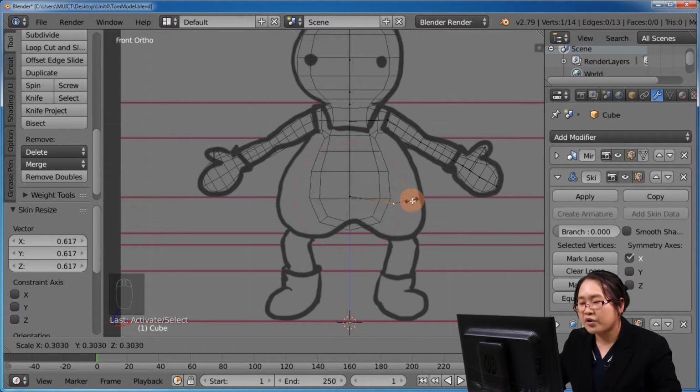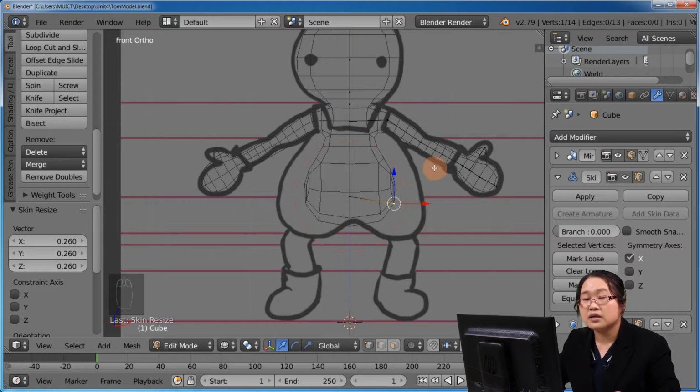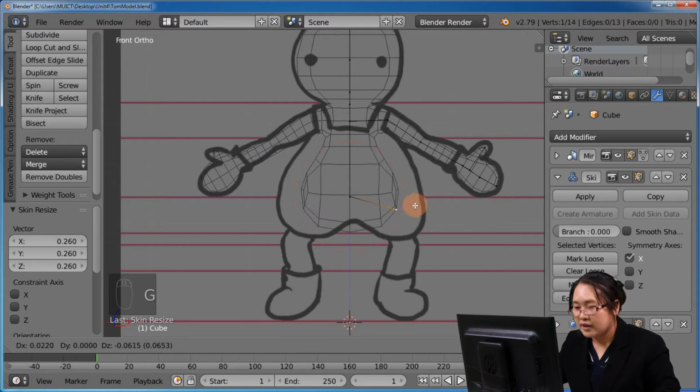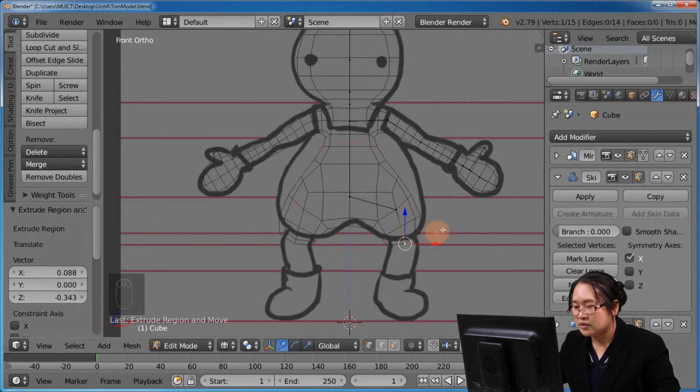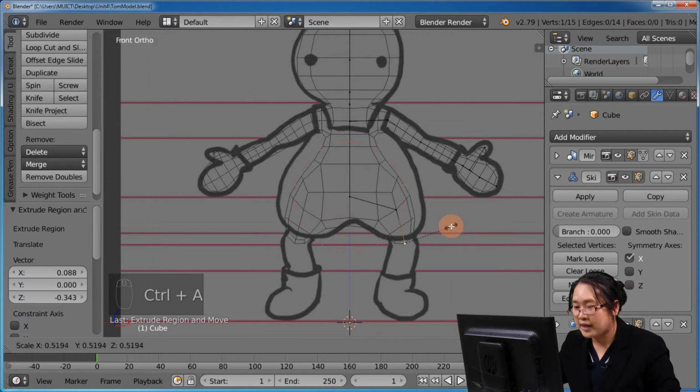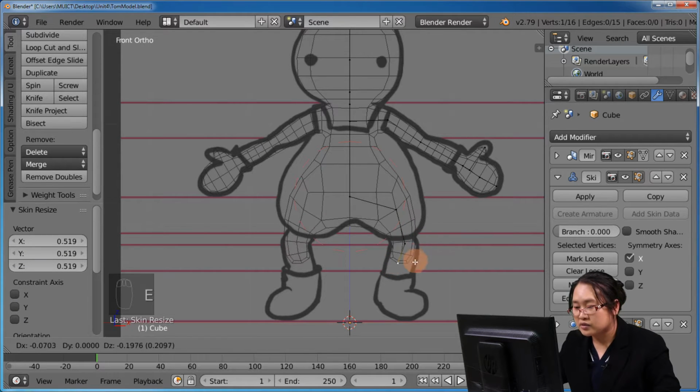I would say for this model, the hardest part is not the arm or foot, but the center of the body, around the belly. So I will skip scaling this one first. Let's try to extrude the whole model first. So now I'm here, and then I extrude. Let's say I would like to go to the knee, and then I scale it down using Ctrl A, and then I extrude to around the ankle,